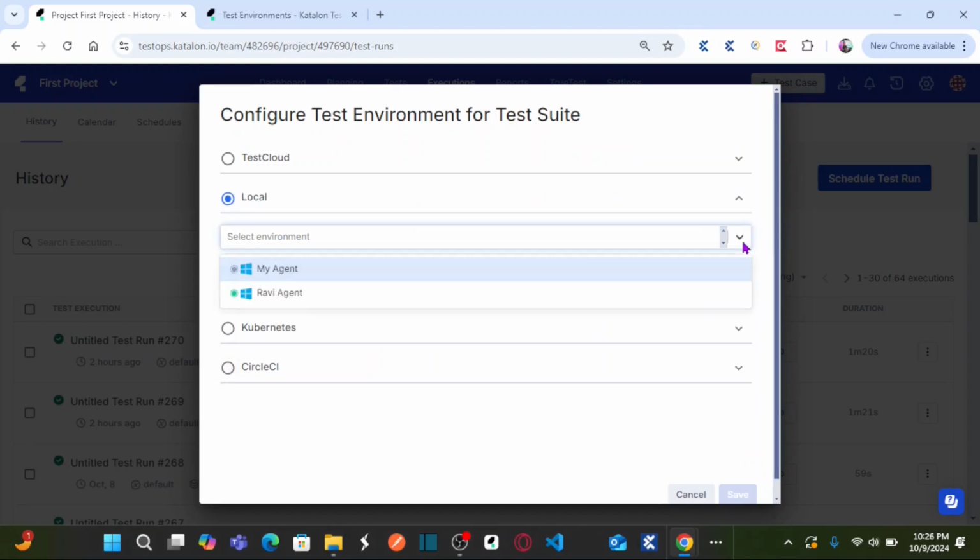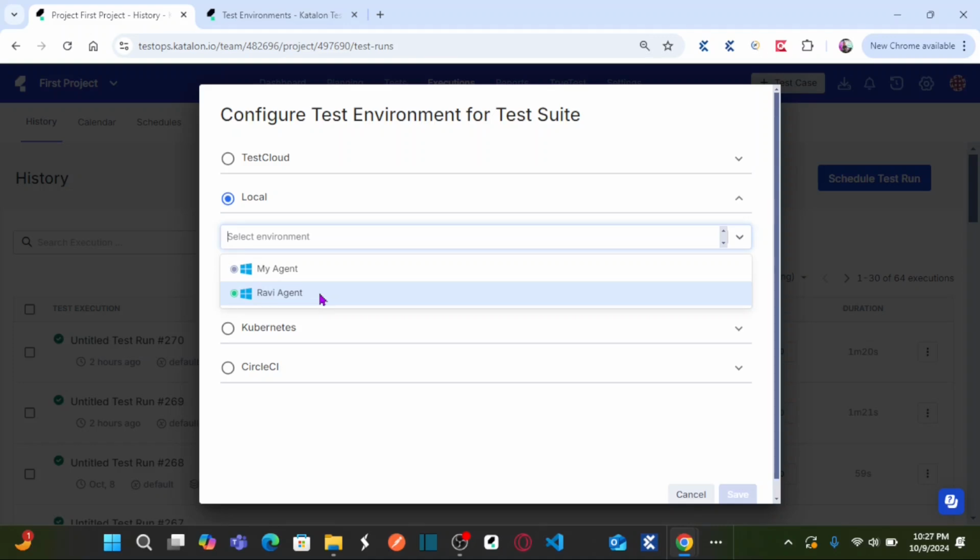Here my local agent is Ravi agent. How I set up my local agent, I'm going to explain in detail in my next lesson. Please subscribe to my channel to see how we can set up your local agent so that you can run your tests